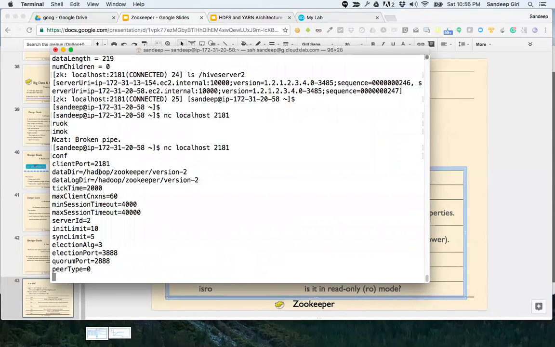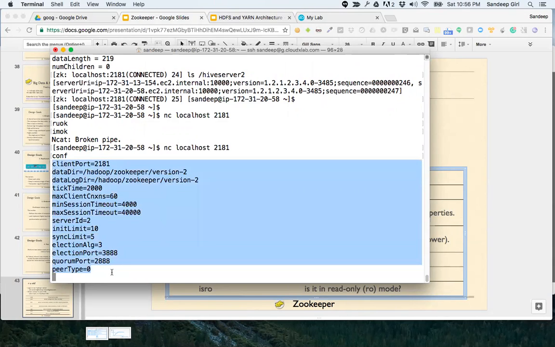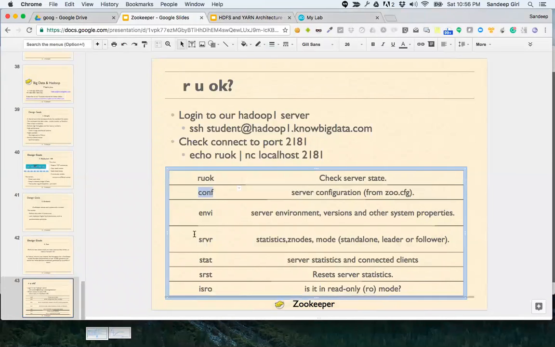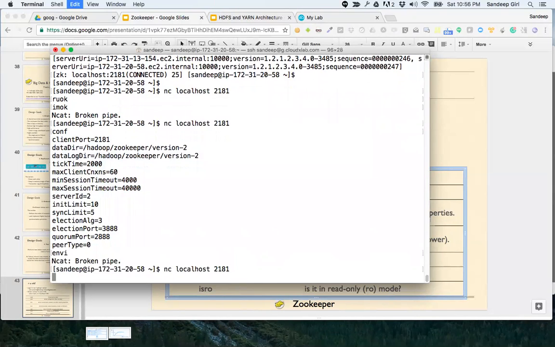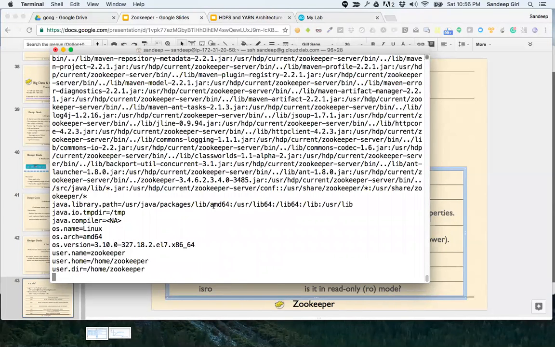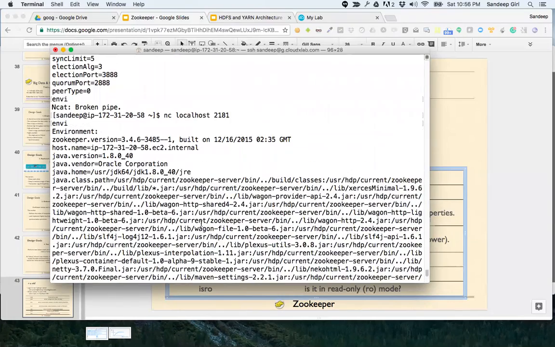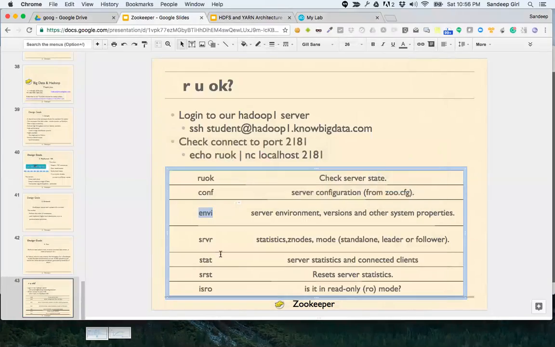It shows you the configuration of the system. And you could also see the environment. It shows you the complete environment. And there is some more, like statistics.